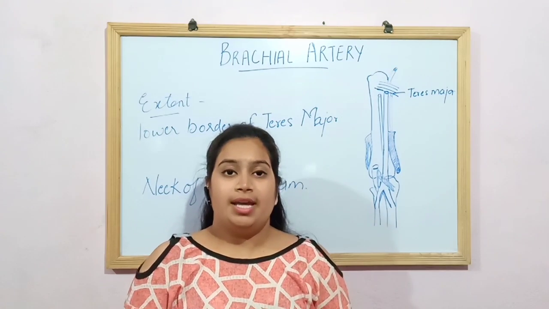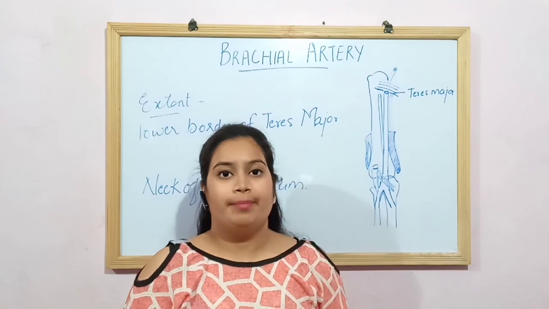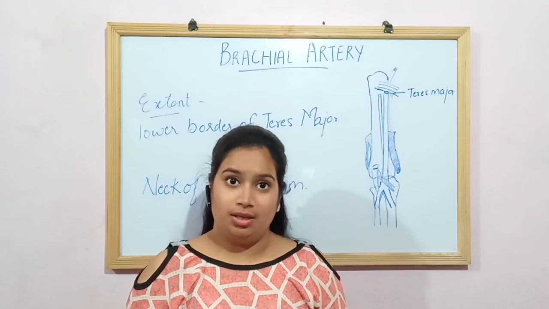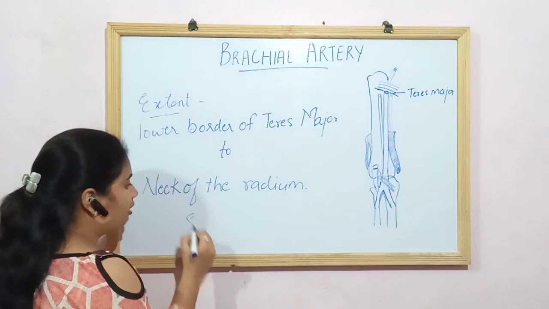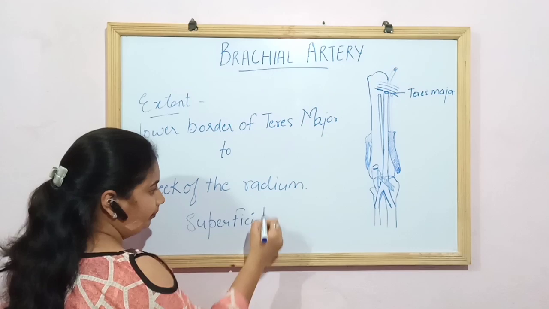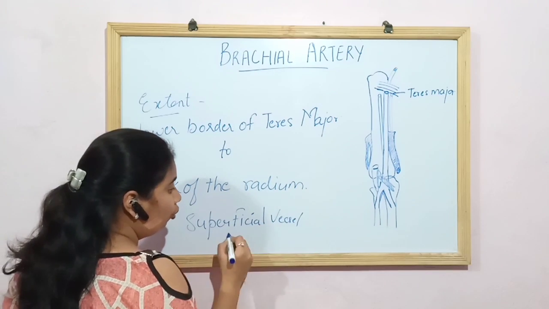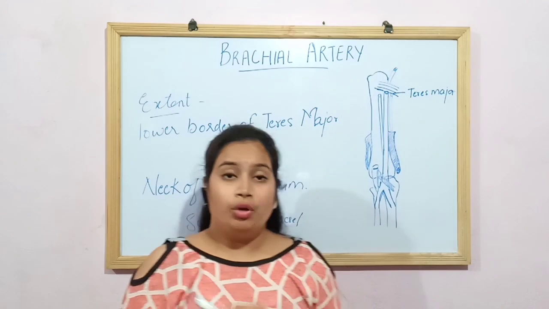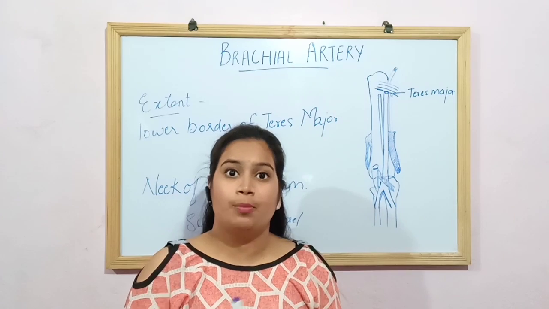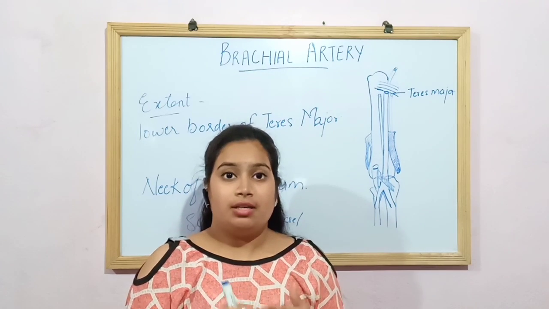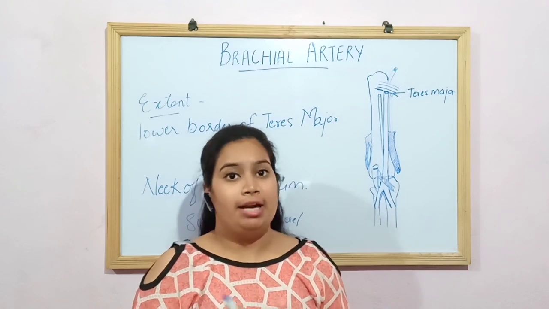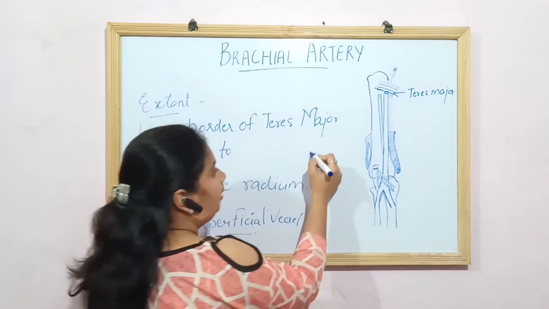So brachial artery is supplying the anterior compartment of the arm. Brachial artery is a very superficial vessel. Though it is so superficial, it is only covered with the lining of the skin and the fascia, both of the subcutaneous fascia, superficial and the deep. So though it is very superficial, it is helpful for examination of pulse and blood pressure.